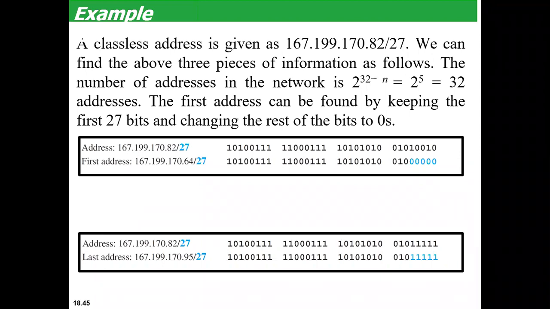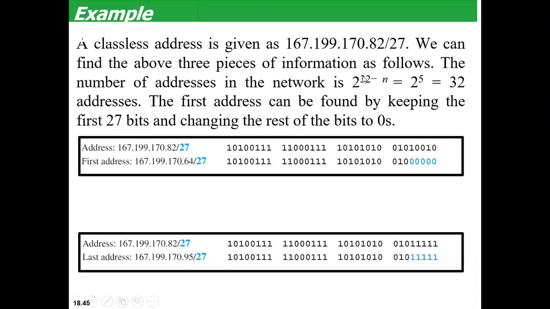Why is this prefix length required? Because if any address is given, along with the address we also should know the prefix length. It was not embedded within the address as it was in classful addressing. In a classless address, the prefix length is attached along with the address using a slash notation. This was also discussed in the last class, correct? So slash followed by prefix length. Is this clear?